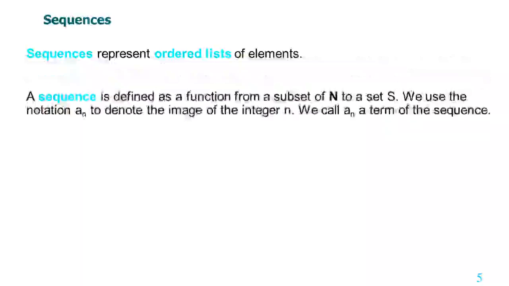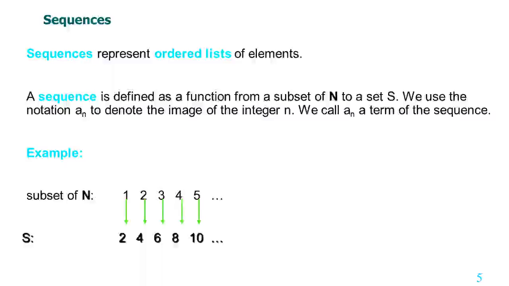A sequence is defined as a function from a subset of N to a set S. Here N is the natural numbers and set S has different elements. We use the notation a_n, that is a subscripted n, to denote the image of an integer n. We call a_n a term of the sequence.